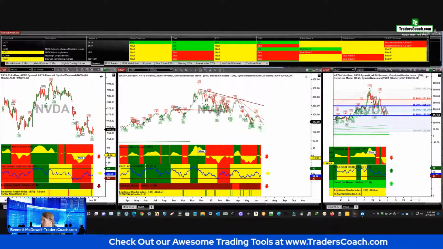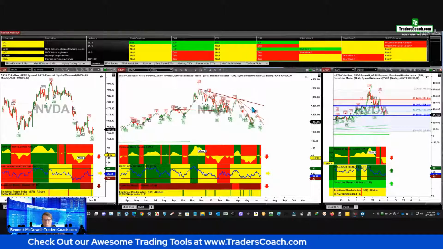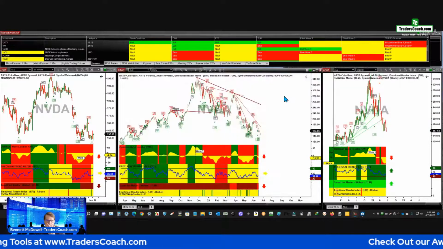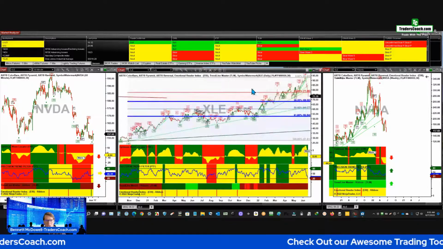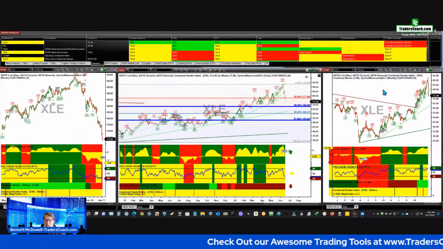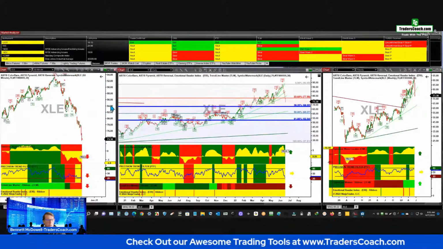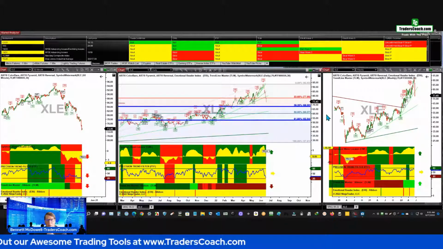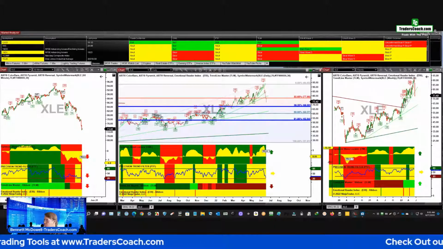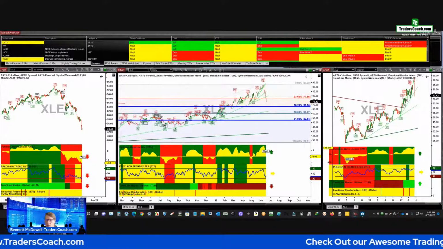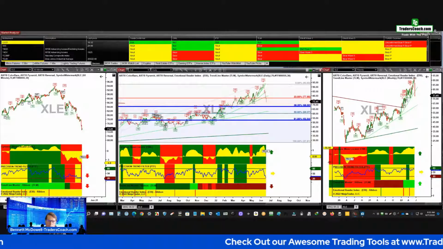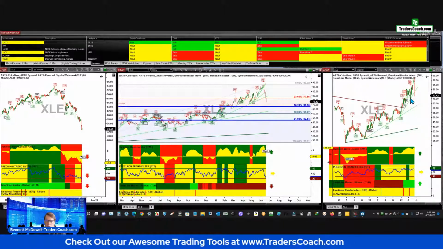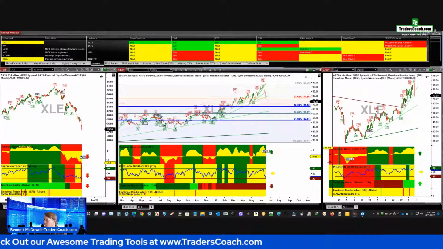What else? Okay, did I look up XLE? I don't think so. I might have missed one. If I miss one, just remind me, because it's very easy to miss them when you're looking at the chat area. XLE, I think I covered this one, right? This one's still heading down, going into the target zone. So I think probably the target zone is around 68 to 52 on that one. So if you're long, you would have been stopped out on the daily. If it's a long-term trade on the weekly, your stop would be a little bit lower, okay?